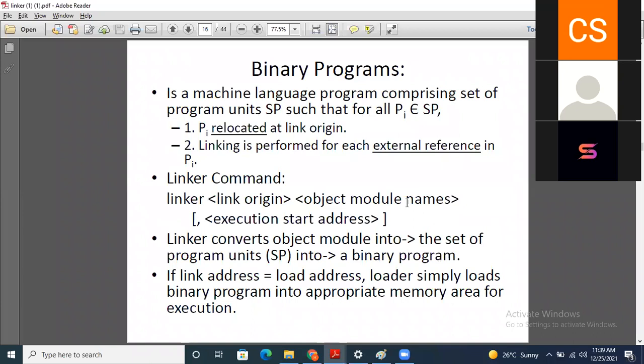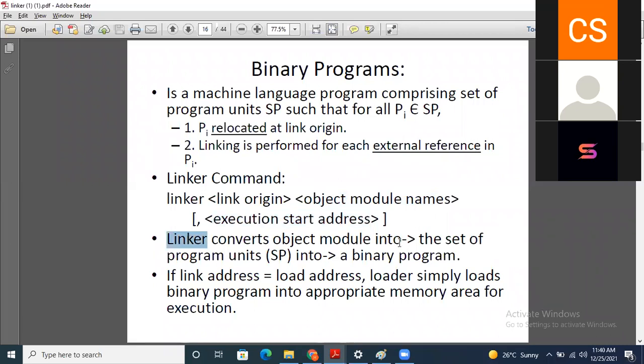Okay, next is the binary program. It is the machine language program comprising a set of program units SP, so that all the PI belong to the SP. So PI is relocated at the link origin, and linking is performed for each external reference in the given program. This is the linker command which we are using: linker, followed by link origin, followed by object module name, and in that it is given the execution start address.